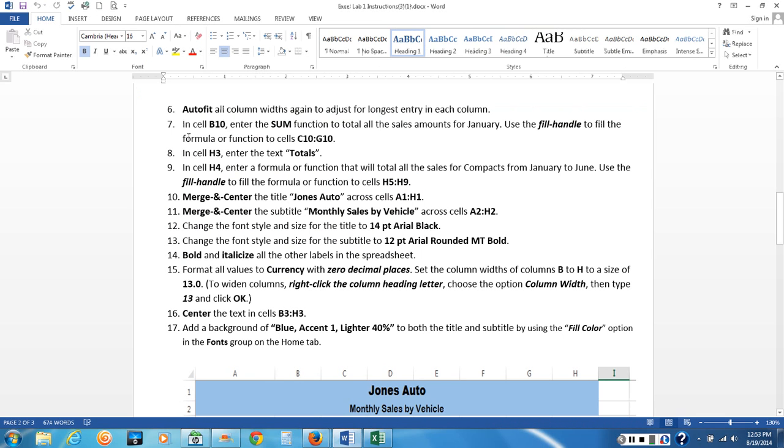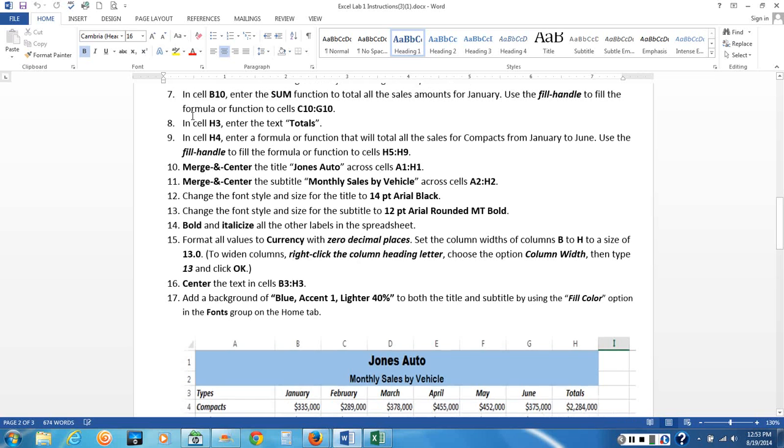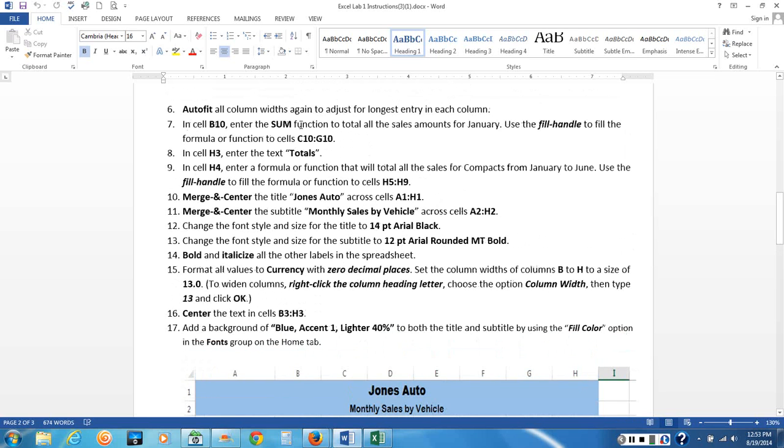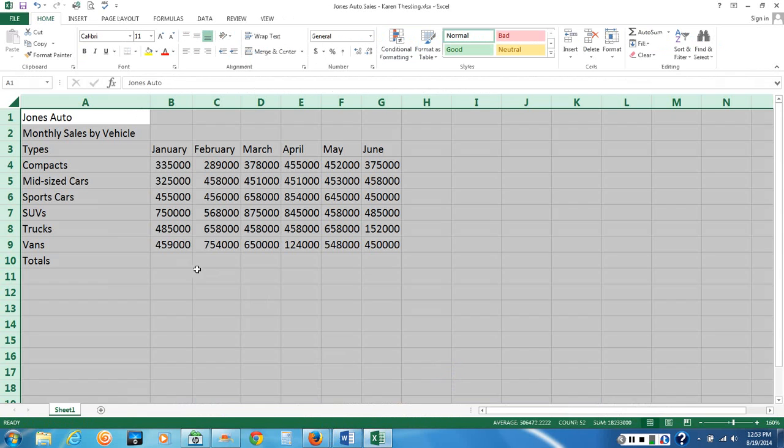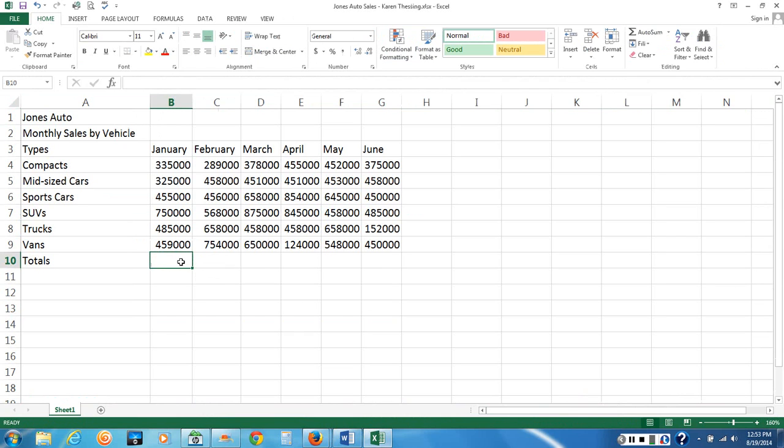Bring up my Word document, and we're on step 7 in cell B10. Enter the sum function to total all the cell amounts for January. Then use that fill handle again to fill the formula or function to cells C10 to G10. There again, there's that range. That colon means we're going to go from C to G and include all the cells in between. From my taskbar, I will bring up Excel, click in cell B10,